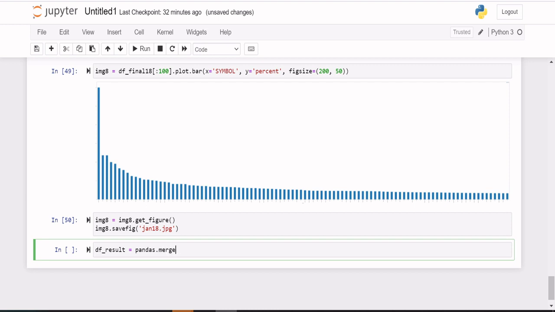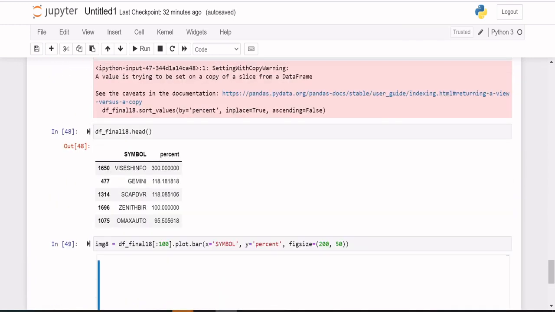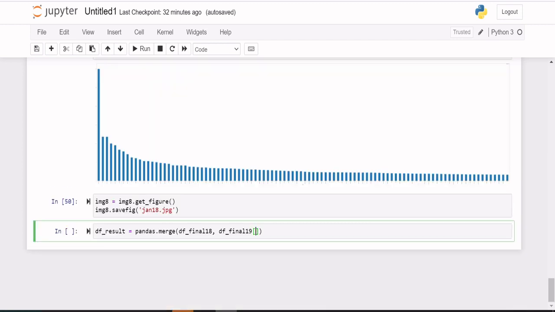I need df_final18, df_final19, only the top 200. I have already sorted both the values, 18 as well as 19. So the top 200 companies which have the highest profits in 2018 as well as in 2019, on symbol.